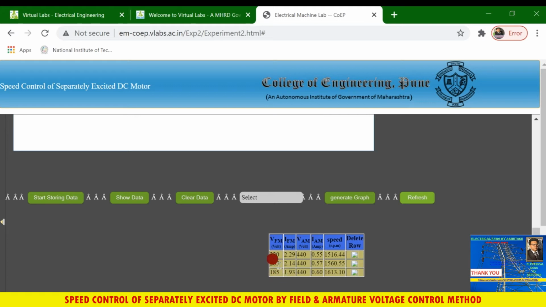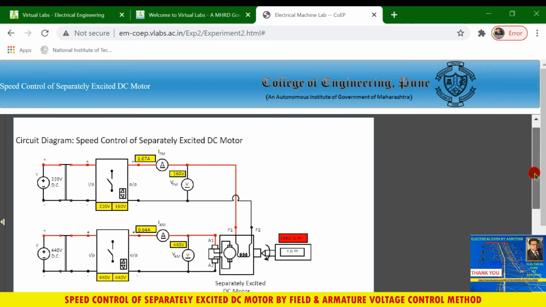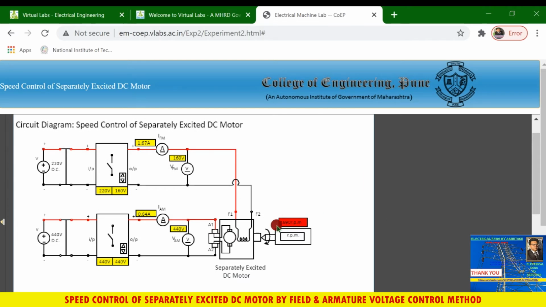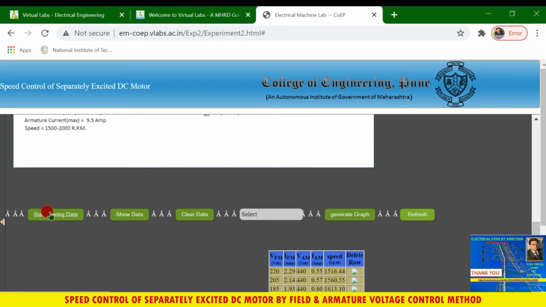Field current is also decreased, 1.93, and speed becomes 1613. Then again decrease, 160 volt. So see, the speed becomes 1690 rpm. Then you can store this data, show data.